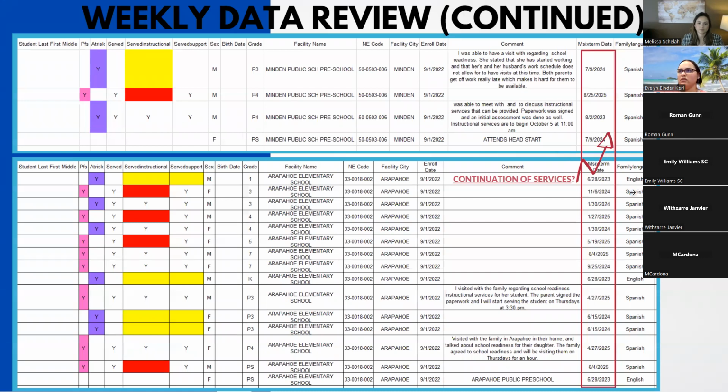One thing we monitor as we're going through is our termination dates. This student highlighted with this arrow is receiving 3 to 5 school readiness services, and their eligibility ends in August. We start having that conversation to see if we'd be able to get them into a preschool, or if there are any other services available in the student's community. If we've identified that there's not, and we need to provide those services, we go through the process of the continuation of services